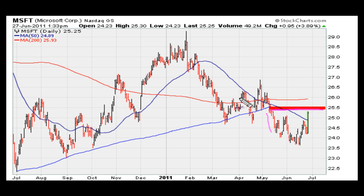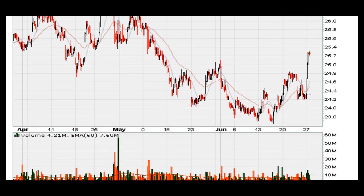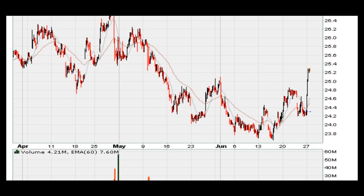So I would not say it's a buy at any given point. Also, there's going to be resistance when it tries to move above this declining top line. This is just a line connecting the highest close here, the highest close here, and now it's back at the highest close. So that is going to be a natural area of resistance. So I would rather own TDC over these other stocks, just based on that one fact. If I take a look at the 60-minute on Microsoft, again, earlier I'd noticed that this is an area where it might stall,